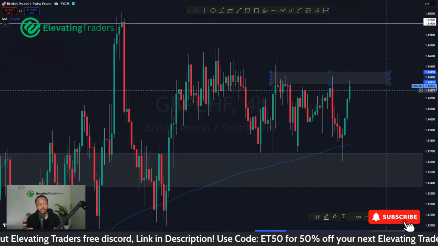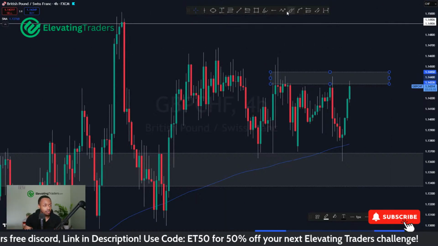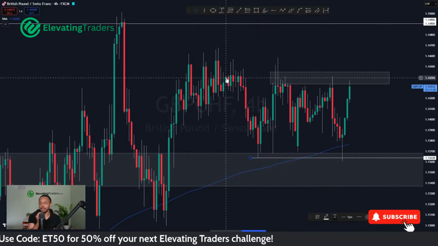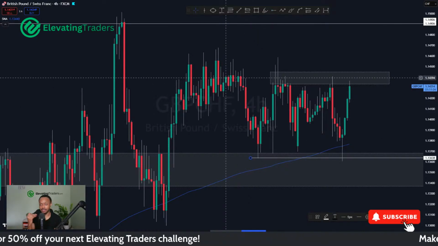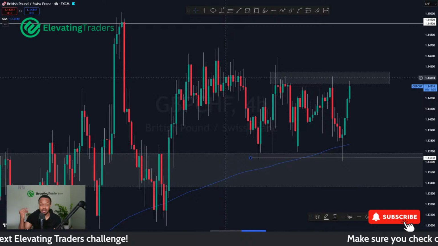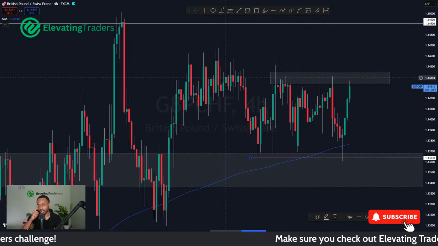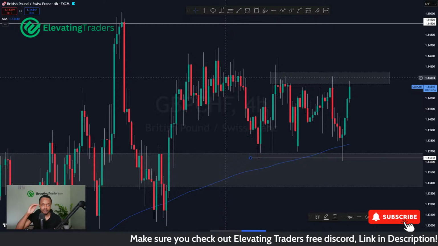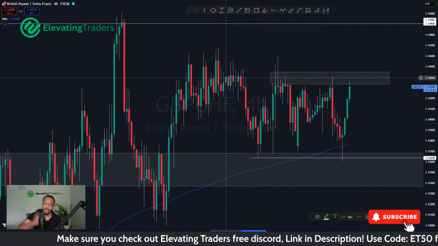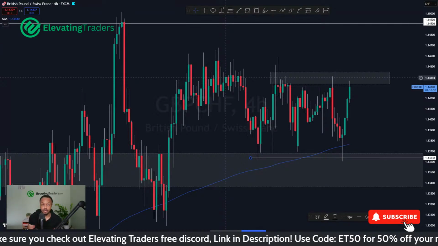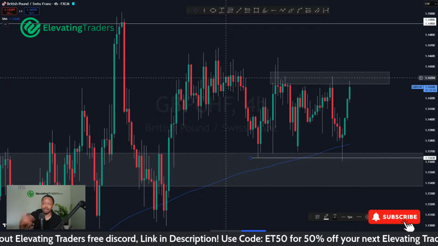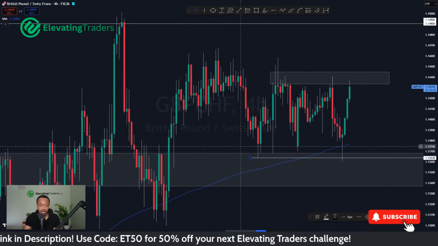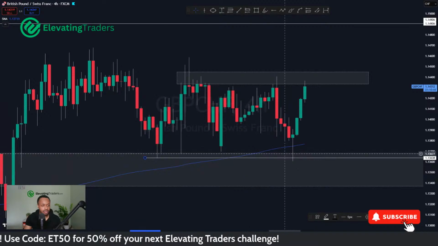But I like the entry because we wicked just about through the low here as well, which adds to the confidence of the trade, especially when you're trading a choppy pair like this. It's always best to try and buy as low as possible or sell as high as possible, because you don't want to get caught in the messy fluctuations. If you're selling as high as possible, then the odds of price faking you out is pretty slim. If it does hit your stop loss, it's probably just breaking out anyway. So you don't want to be involved in a trade like that if the market is breaking out. That's what happened here.